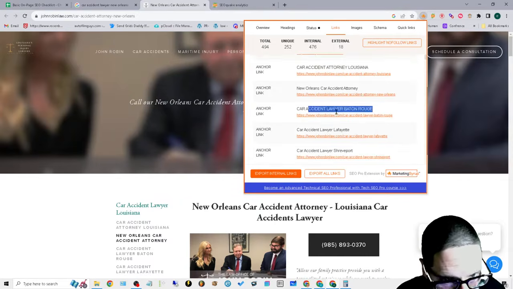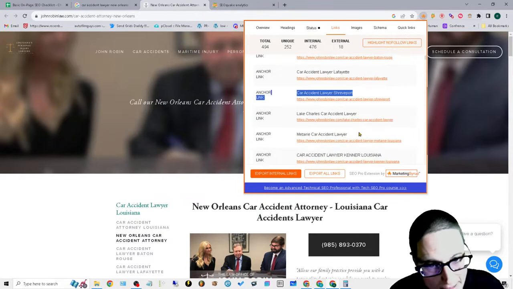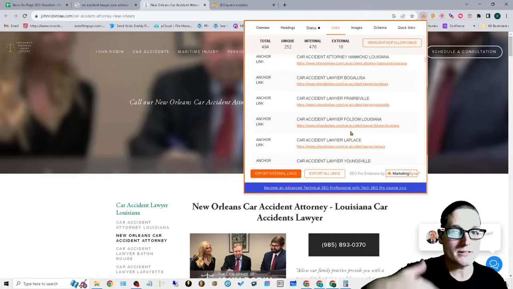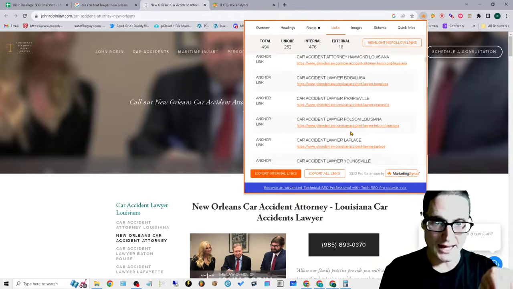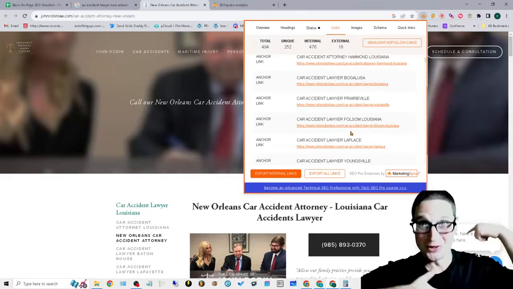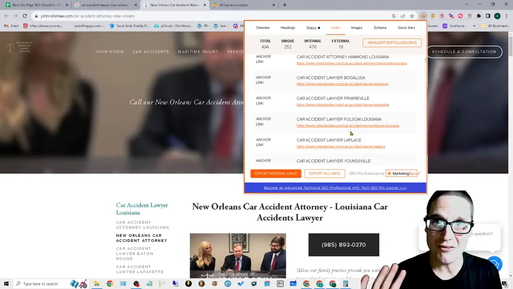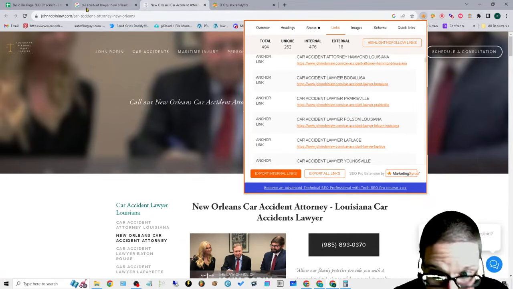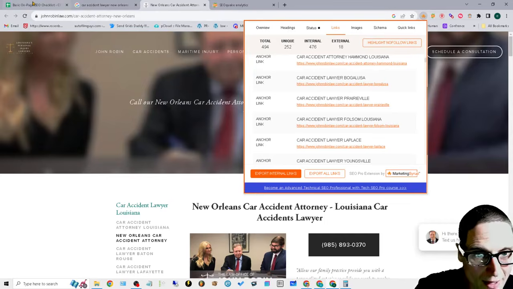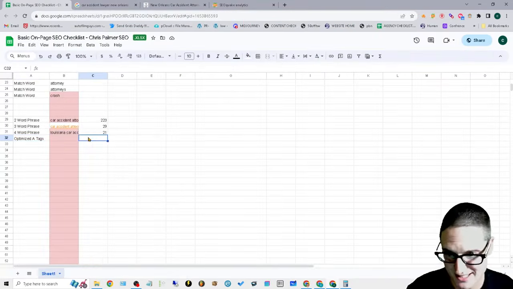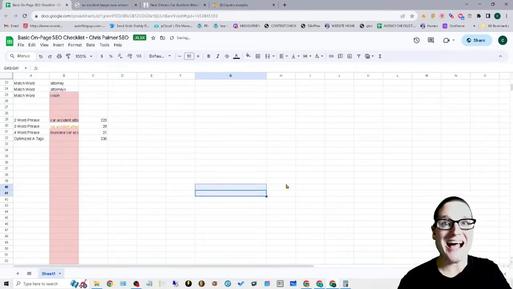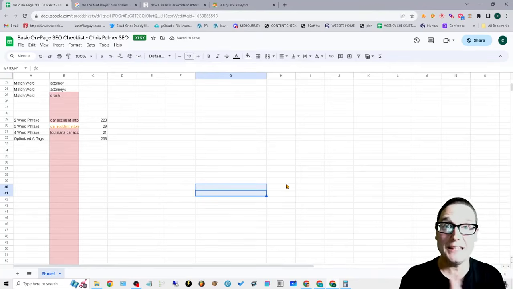So we're going to go down 1, 2, 3, 4, 5, count them up, 6, 7, 8, 9, 10. I've already gone into this page and added a boatload, so there's a huge count here. I already know for a fact. So with that being said, we're going to put 236 optimized A tags. Now, I'm going to fast forward and we're going to start looking at the leading competition